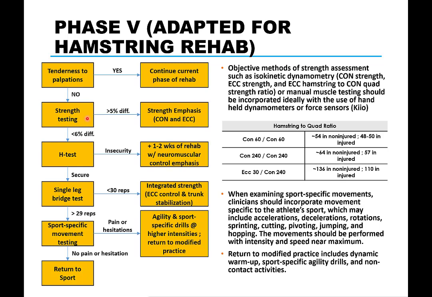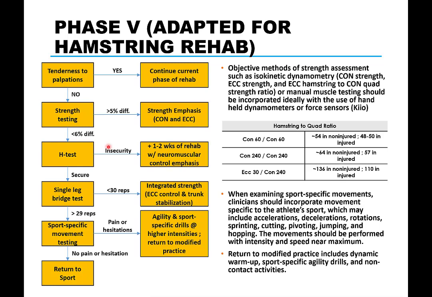Since an isokinetic dynamometer is not easily accessible, modified strength tests are more commonly utilized. For example, in the case of a hamstring rehab, a unilateral strength test on the squat and hinge exercise can be implemented. Now, what we are looking for is the difference in strength between the injured and uninjured muscle or limb. This is obviously pertinent to a unilateral injury scenario. If there is greater than 5% difference in strength, then the athlete continues to rehab with strength training emphasis.